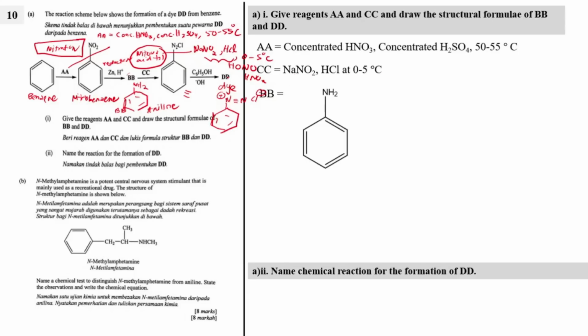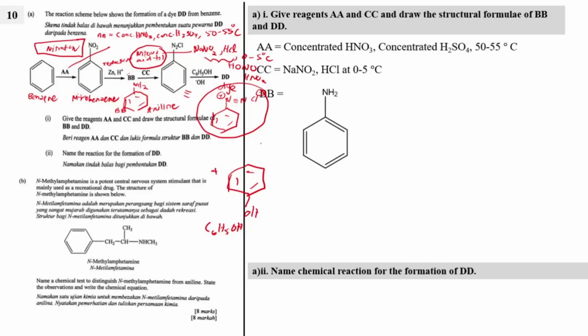Meanwhile, for DD, it's basically a reaction of this structure here, which is N2Cl, and then C6H5OH, which is basically a phenol. Okay, so you're going to have the structure to be like this. I'm going to write OH here. So it's basically a structure of phenol. So here is the